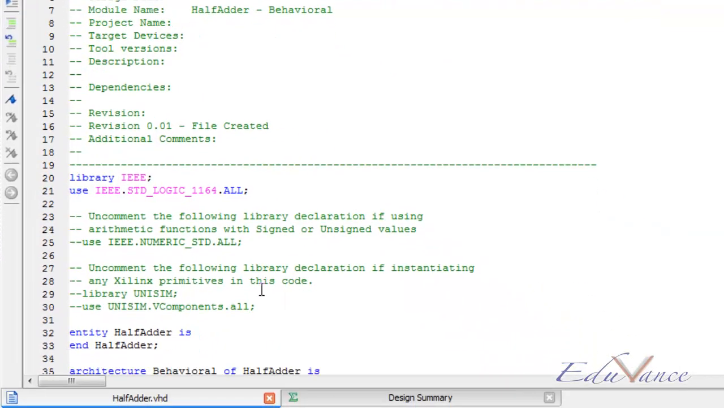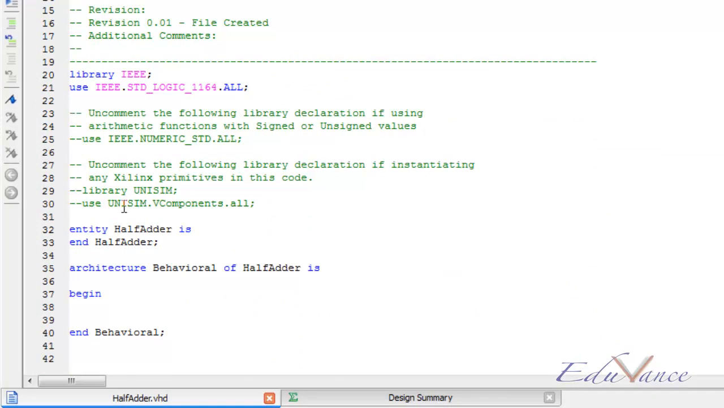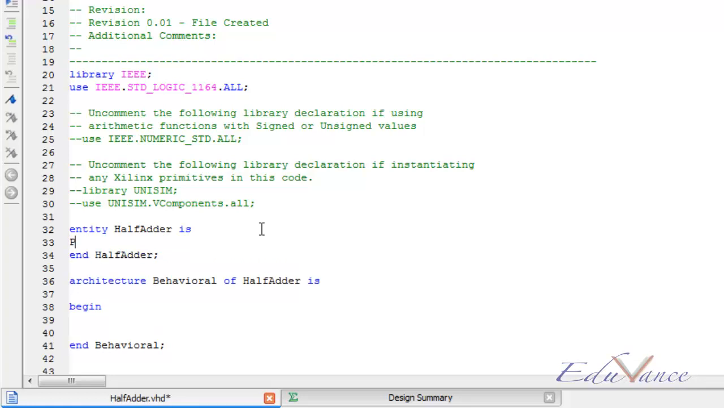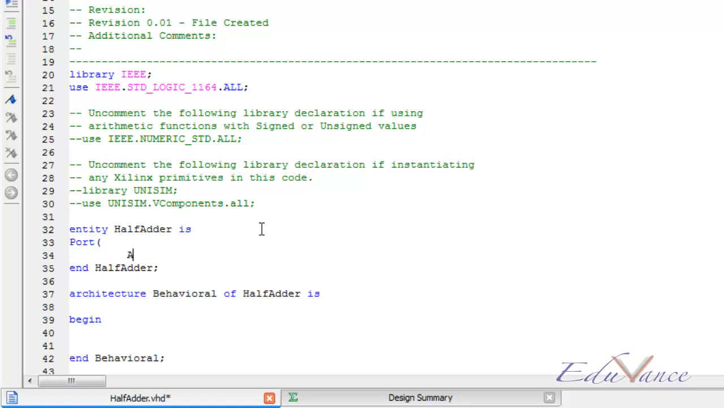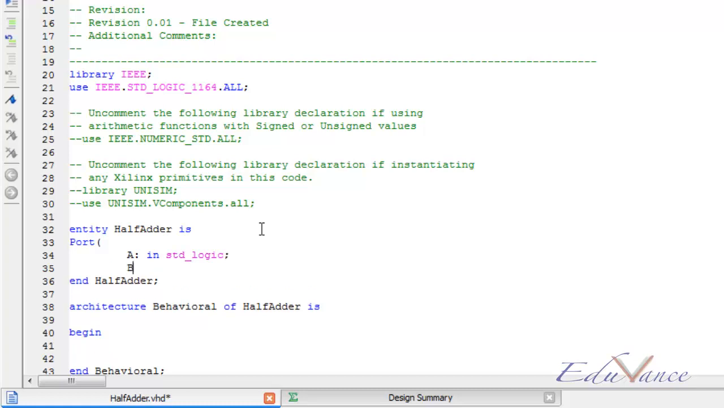Here Xilinx has already written a few lines of code for us. In a half adder, there are two inputs and two outputs. The two inputs being A, B, and the two outputs being carry and sum. So let us go ahead and type that out in the port initialization. Let me call one input as A of the type standard logic, the other input as B of the type standard logic,